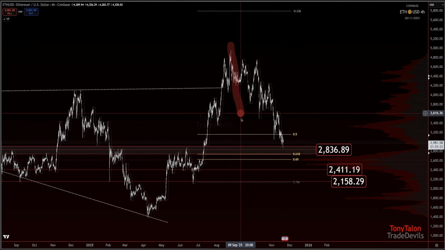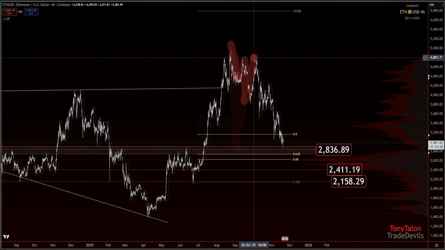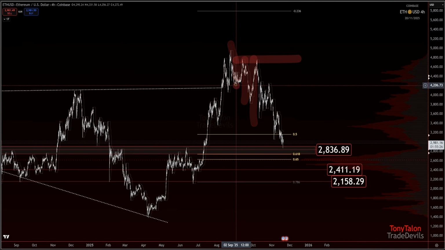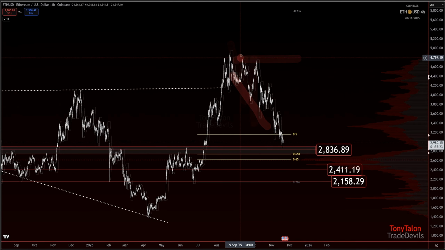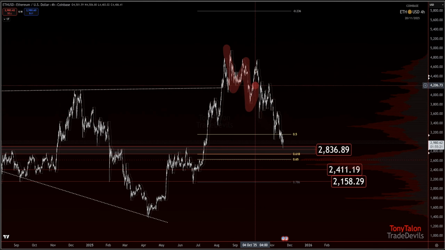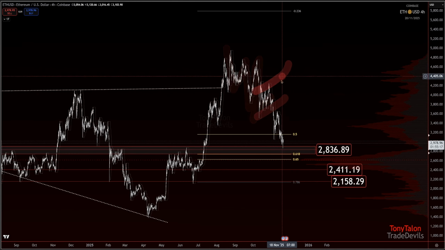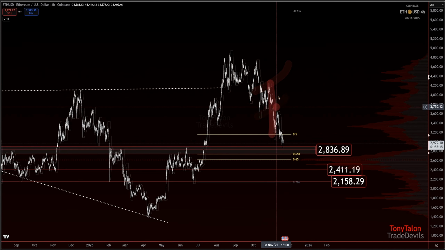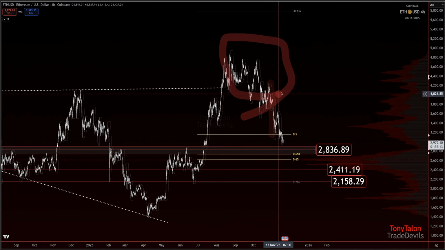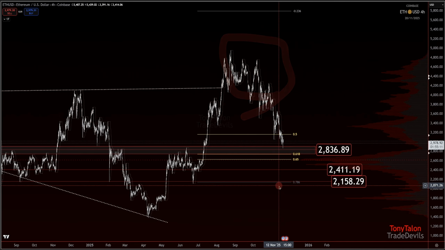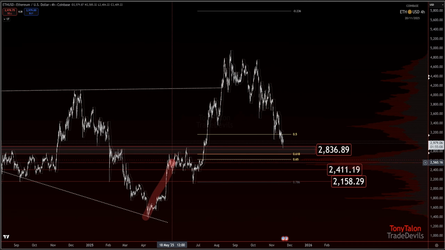Typically, after an extension, though, we want to see a quick turn and a quick dump. That didn't happen here, we did some waffling sideways. And even this, I'm not 100% sure. It could be a couple things. Again, when that happens, you look for patterns at the smaller degree. If you think something is playing out, you can still take advantage of that without knowing what the hell all this stuff is. And as I said before, typically when I don't have an idea of what the Elliott wave